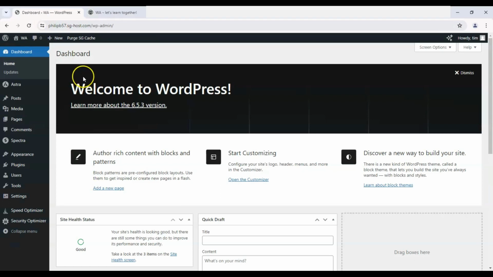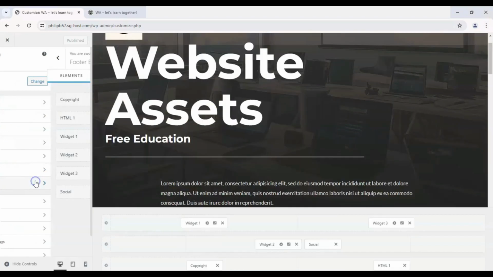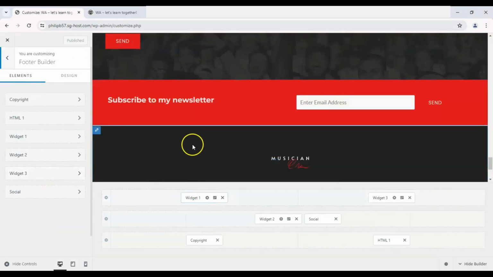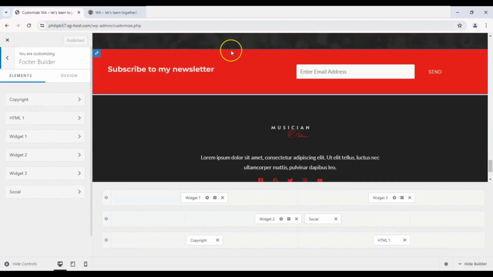So let's go to our dashboard, hover over Astra, and click on Customize. Once we're in the WordPress Customizer, go ahead and click on Footer Builder, and that sends us straight to the footer. Remember, this part isn't our footer. And the way you can confirm that is, let's take a look at an overview of the Footer Builder